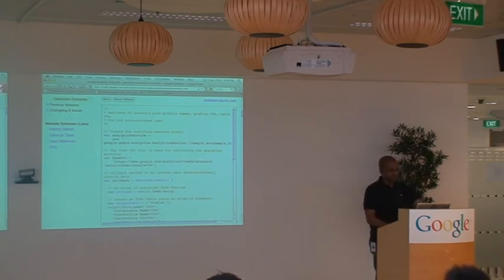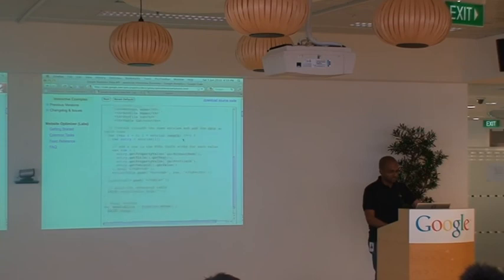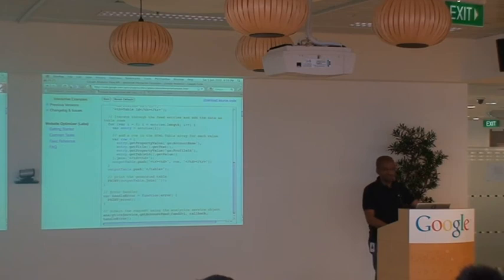All we're doing is instantiating a new analytics service, and we give it an application name to be associated with. This is all code that's rendering the output, so let's not worry about it. And down at the bottom, this is all it is. We take our analytics service and we call the get account feed function, and that gives you all the details about all the accounts that the user has access to.